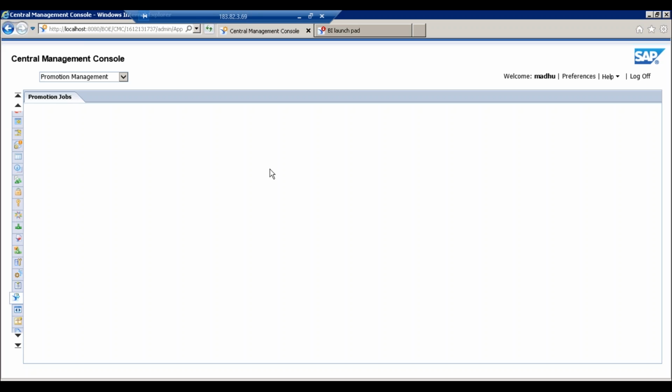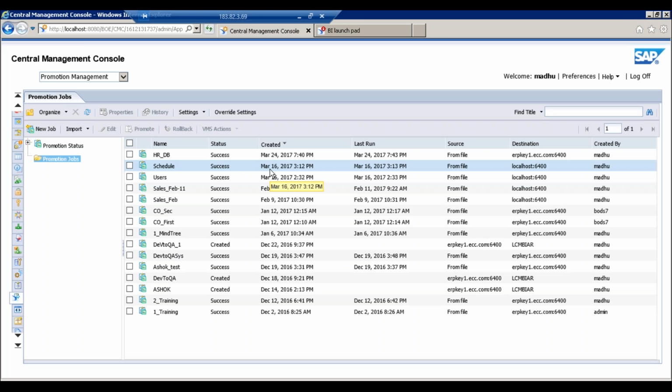So I told you, while creating the job there is an option where you can select a new CMS, but people normally avoid that option because you are moving content from one server to a second server, and if there is any problem, that second server will have some issues. So better first you move it to one file, and using that file you move it to QA. Yeah, it's kind of rework.